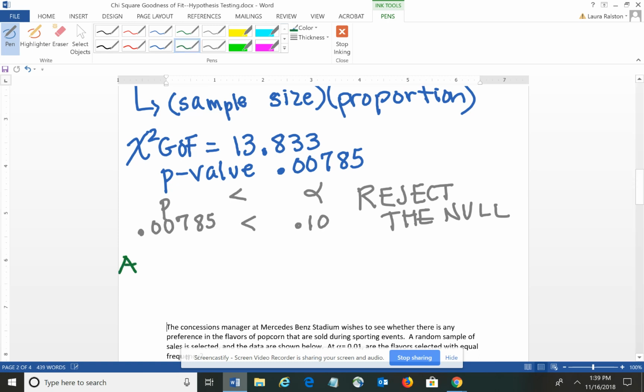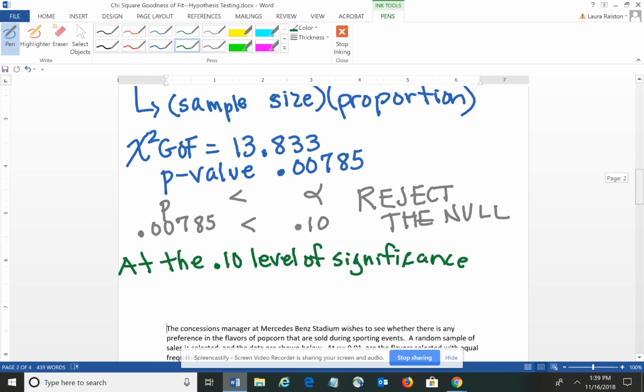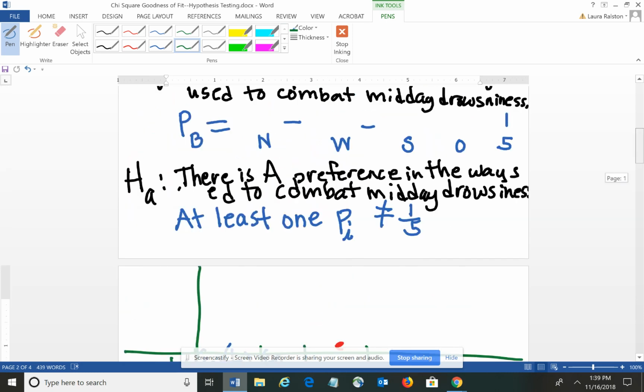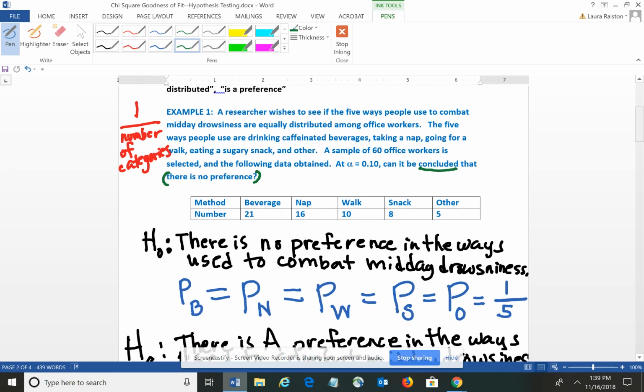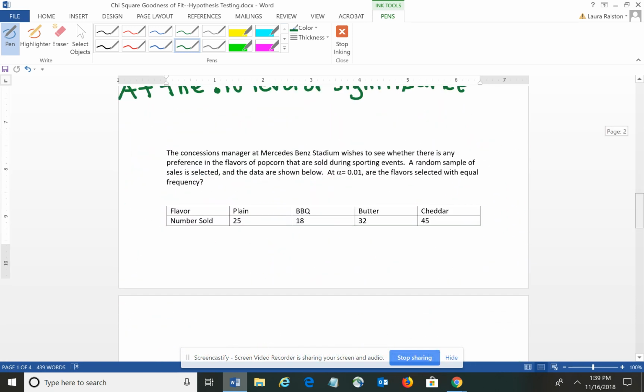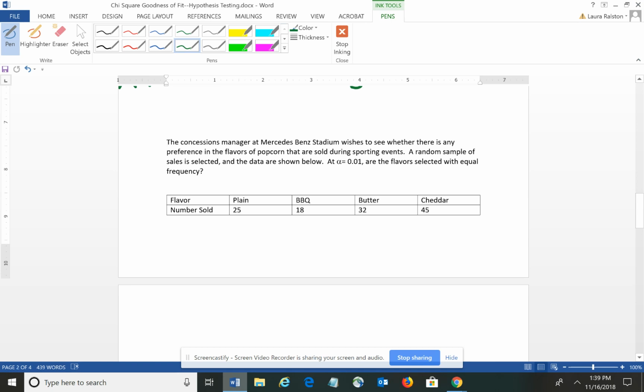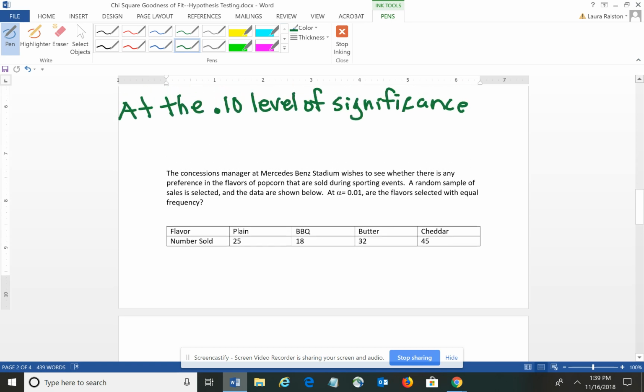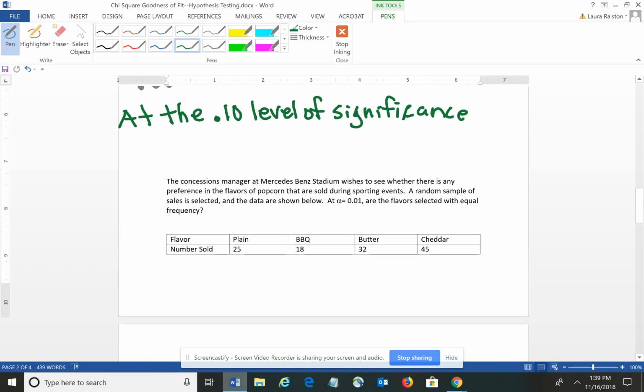So at the 0.10 level of significance, the null says there is not a preference, but we've rejected that, which means the null is false or wrong. So at the 0.10 level of significance, there actually is a preference